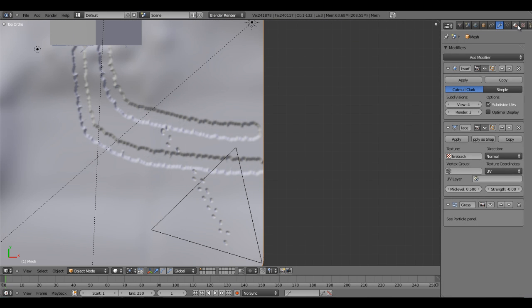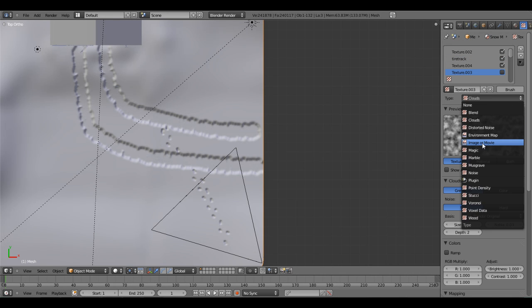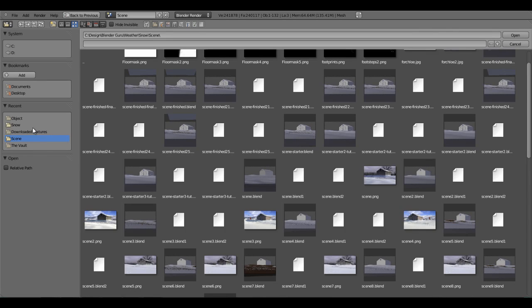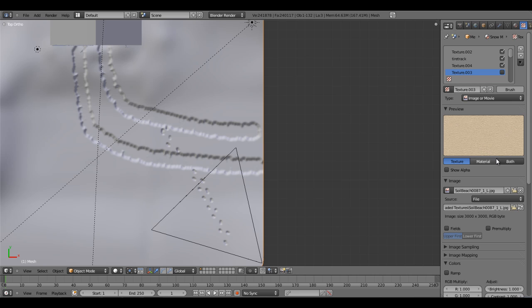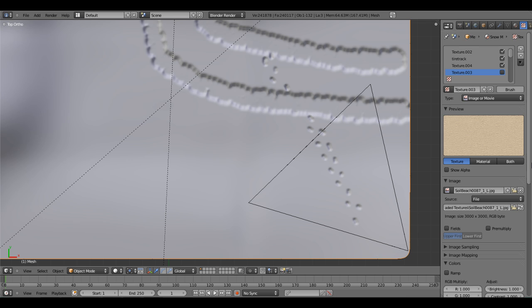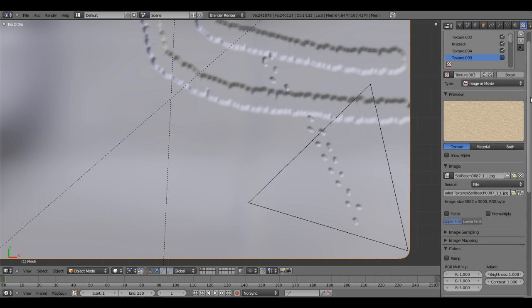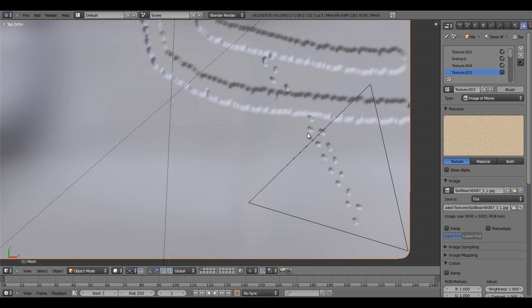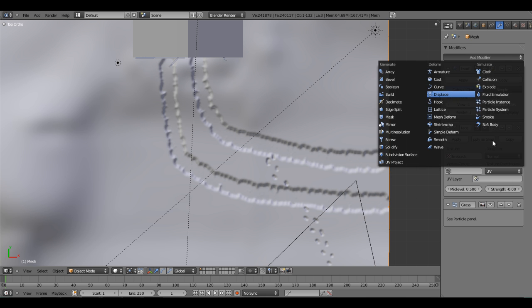So what I'm going to do is go to the material settings and add a new texture. I'm going to set it to image and find that sand image. You can find the links for these textures underneath the video, by the way, if you're watching this on Blender Guru. I'm just going to turn this off. We don't actually want this texture to appear in the scene. We just want to use it as a displacement modifier. So I'm going to call this wavy, and I'm going to add a new displacement modifier,